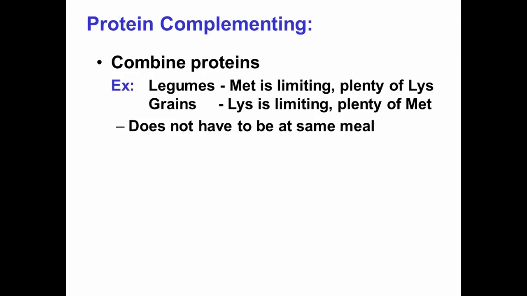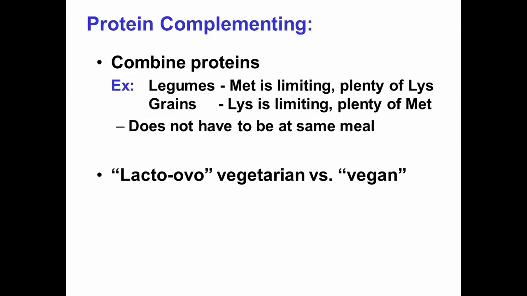What else do I want to just make sure we're all on the same page? You've heard of different terms for, and actually there are more terms than this, these are the simplified ones. Lacto-ovo vegetarian. I mean, there are more creative terms out there. And then vegan, right? What's the difference? What do you think of when you think of vegan? No animal products at all, right? And that can extend to medications and all sorts of other lifestyle choices as well, in terms of clothing and other products and that kind of thing.